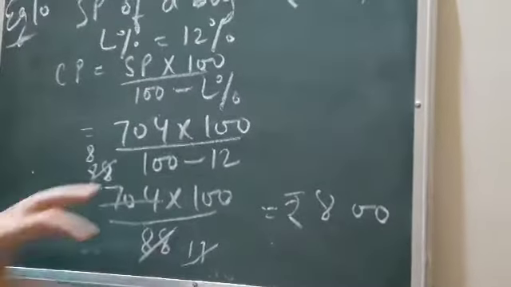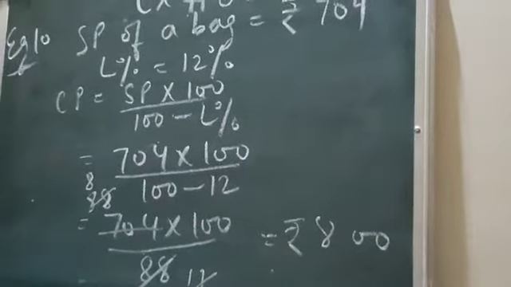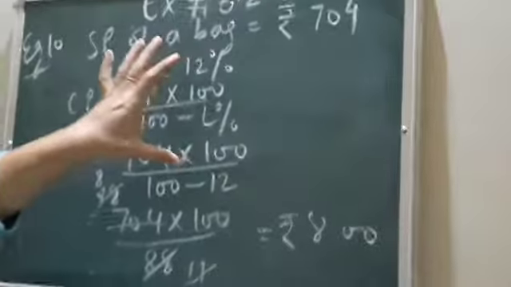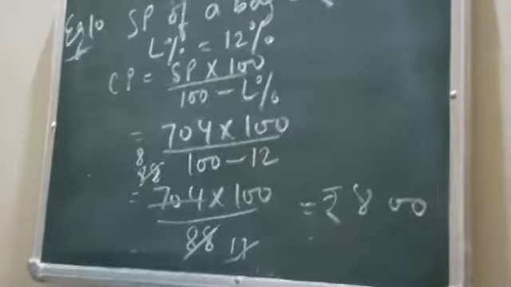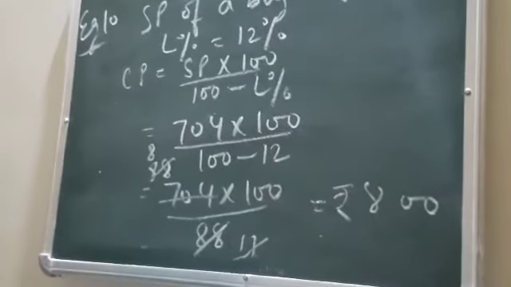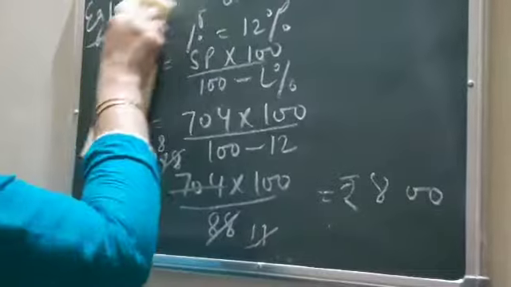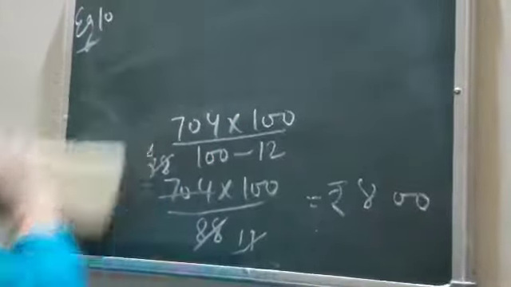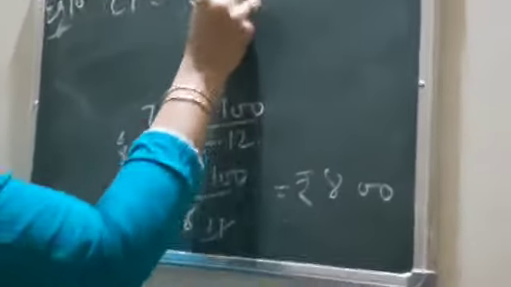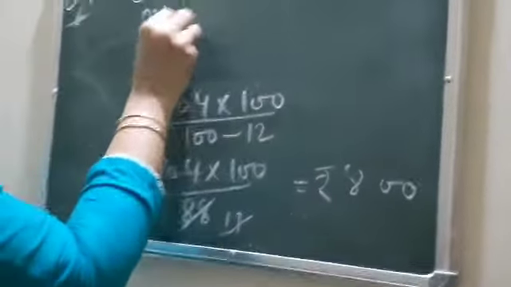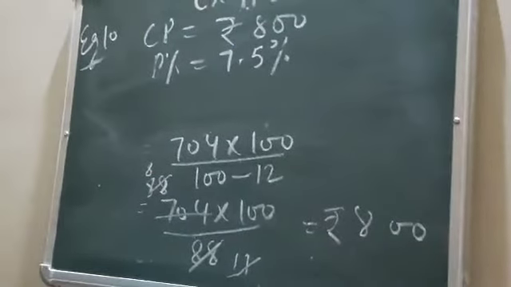7.5%. मतलब अब वो कितने में बेचे उसको 7.5% का प्रॉफिट हो जाए. अर्लियर उसने बेचा तो उसको लॉस हुआ. अब वो बोल रहे हैं उसने 800 की का बैग खरीदा था. CP 800 है. सो अब वो कितने में बेचे कि उसको प्रॉफिट हो जाए 7.5% का. That means we have to find new SP now. So CP we know it is rupees 800. Now CP is 800 and profit percent is given 7.5%. You have to find new SP.